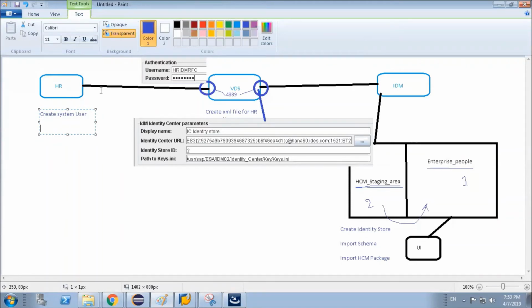Okay. We have to do configurations in the HR system and feed those configurations into the VDS part using this user ID and password. We have to maintain that port as well. So that is the configuration we need to do on our HR side. Okay. So the first thing that we have done, we have created the user ID using SU01. Now the second configuration that we have to do,